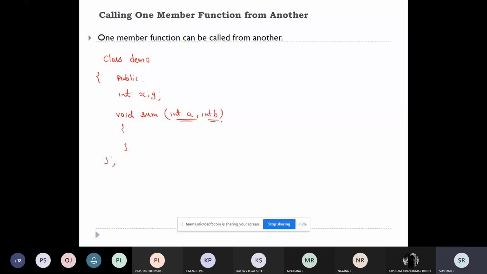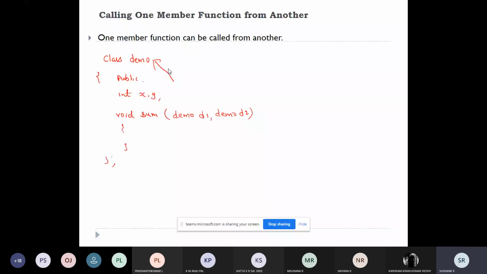Instead of passing the function with the basic data types, you can even pass the objects of the class also. You can pass demo d1, demo d2, where d1 and d2 are objects of the class demo. So the objects can be passed as an argument to the functions. So this is the first thing.